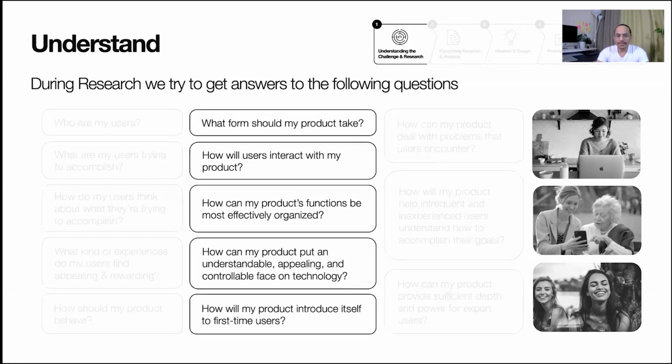Okay. What form should my product take? For example, if you're working on a new product, and during the research you see that users like using the product on the go, then instead of creating a web app it's better to create a mobile app, right? So that's why you need to understand what form. Whether it should be a web app, a mobile app, or something else. That really helps. Basically you get to know about this after the research or during the research. How will users interact with my product? How would they interact, how many hours would they interact?